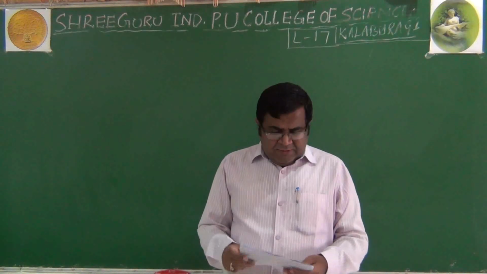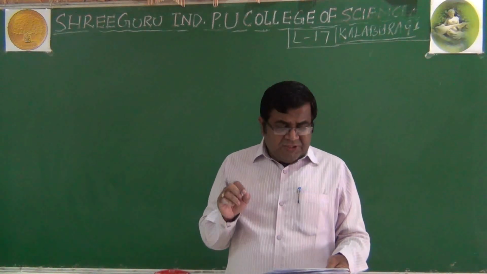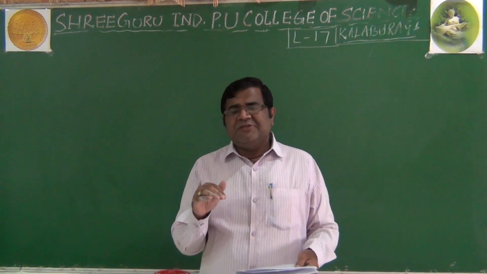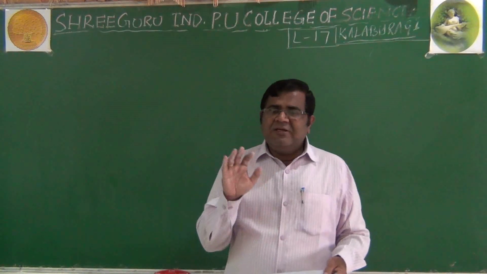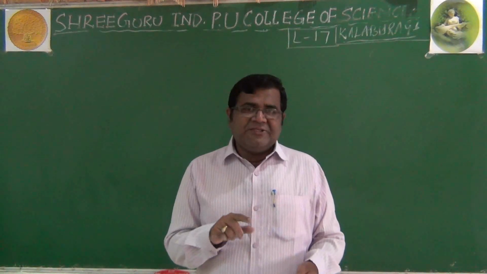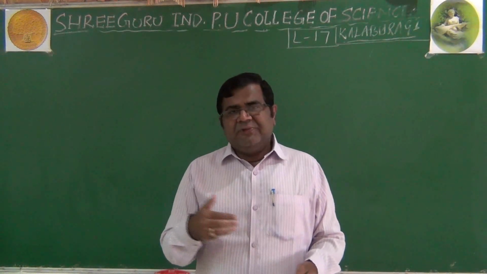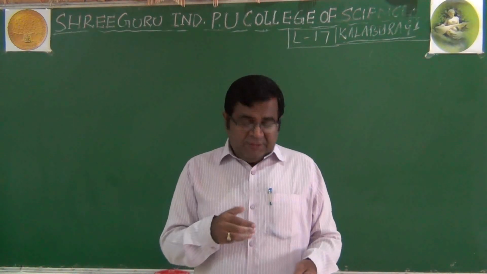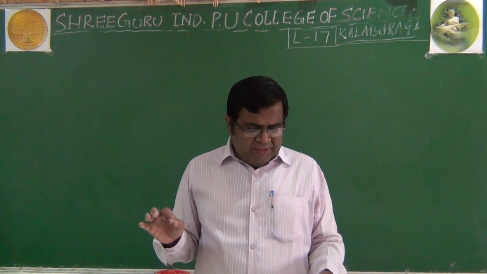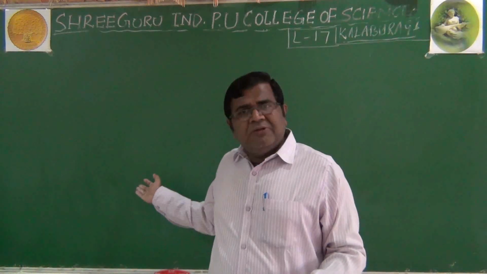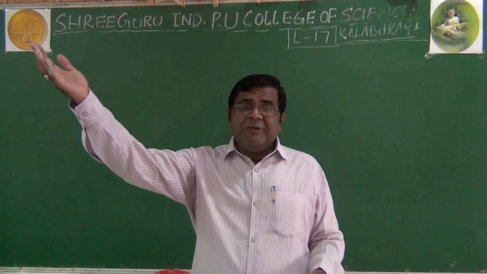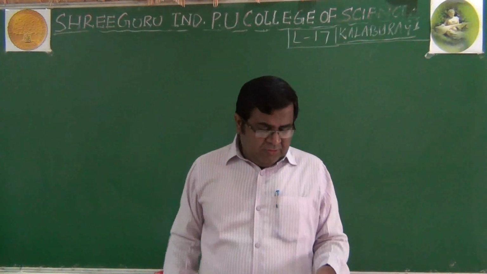The next one was, which is the wrong statement? Now for this, when they ask which is the correct statement, which is the wrong statement, how much of the NCERT textbook you have followed, the success rate depends on that, because the description given in the NCERT textbook is used in this type of question. Which is the wrong statement? Rate constant K equals Arrhenius constant A. If activation energy is 0, as we just mentioned, the rate constant is independent of temperature, and the rate constant becomes equal to the Arrhenius constant.